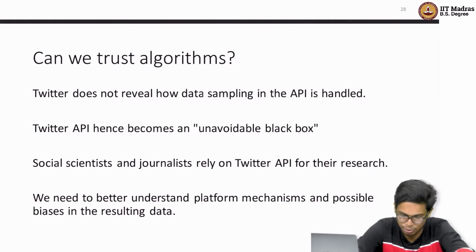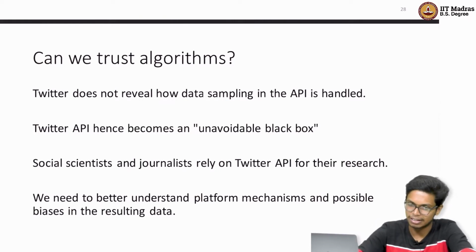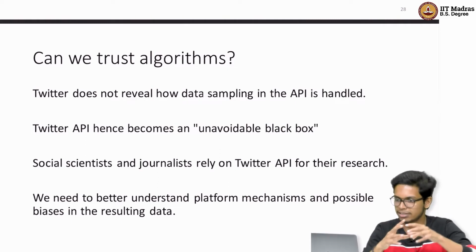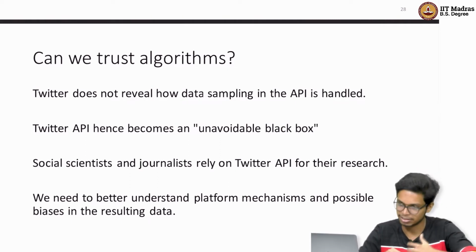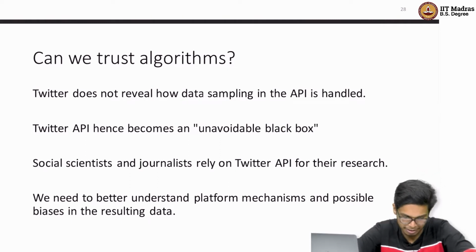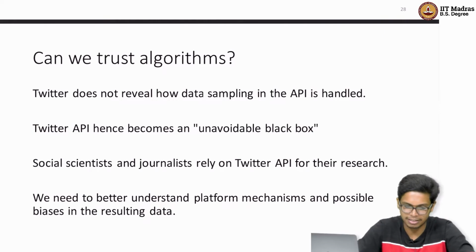And if you do any analysis, any research on Twitter API, it becomes an unavoidable black box, but we just run with it because we are under this assumption that Twitter API is very random, and all the results are sort of built on this foundational assumption that Twitter API is giving us random samples. But we need to better understand these platform specific mechanisms and possible biases that can